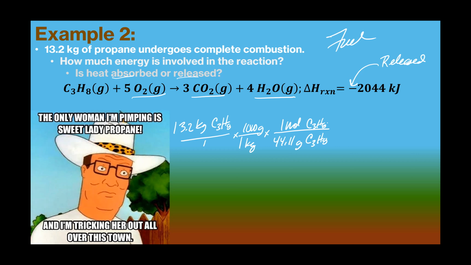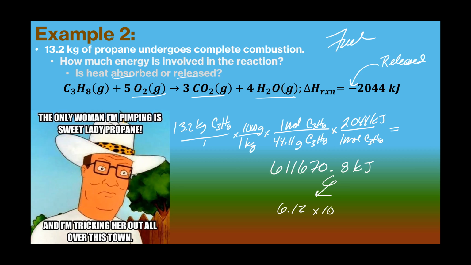Now the only new thing we've got here is we're going to say this is not equals, times 1 mole of C3H8 is going to give us 2044 kilojoules. That's the new thing. We can multiply this out like dimensional analysis, and we can say this is 611,670.8 kilojoules. We can round this, and we'll say this is 6.12 times 10 to the 5th